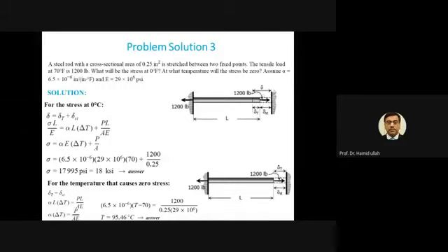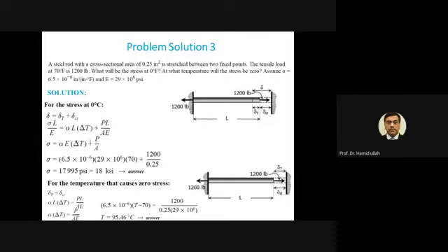So delta equals the sum of delta because of temperature and because of a resistive force. You can say resistive force or you can say applied force. Then this is equal to sigma L by E, which is equal to the thermal term, you know the relation, plus PL by AE, with sigma on the left side. Multiply the whole equation by E divided by L. L will cancel with L, E will appear here, and from there it will cancel out. So it will only appear P by A.